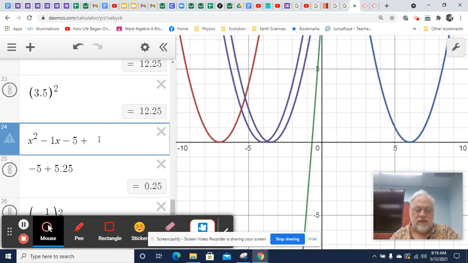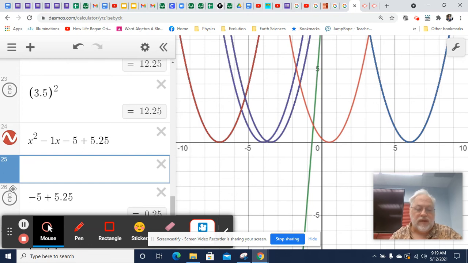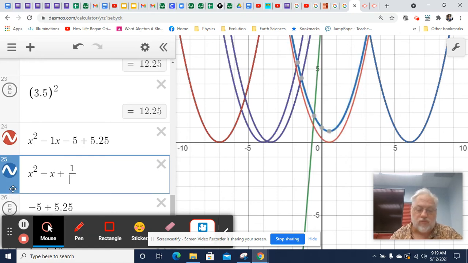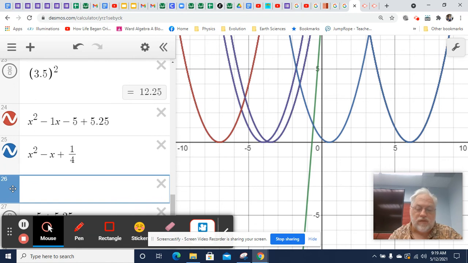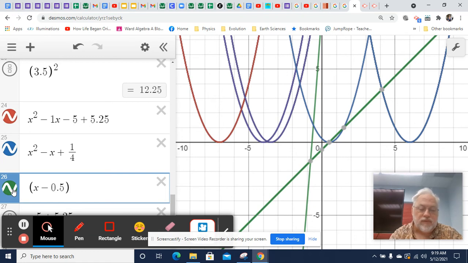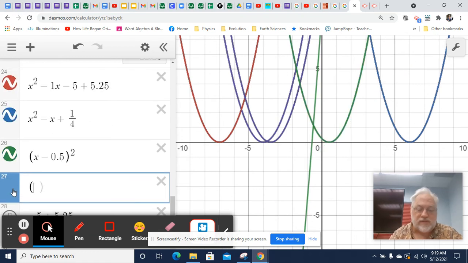So I'm going to add 5.25. And then I'm going to get x squared minus x, because that's -1x, plus 0.25, or if you prefer, plus 1/4. And that's going to factor nicely into x minus 0.5 squared, or you could have written it as x minus 1/2 squared,